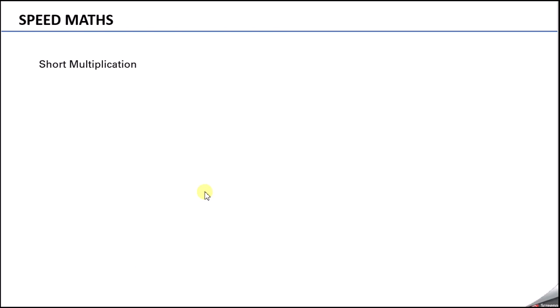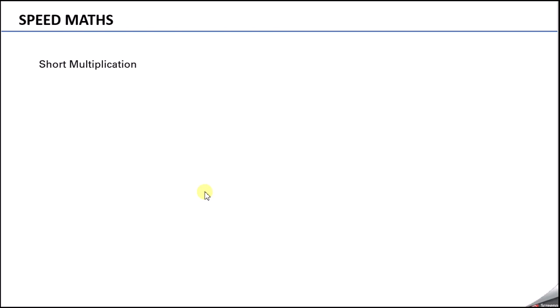Since our childhood in school and all those years we have been following long multiplication methods where we need to show steps and there were marks for each step and all those things. But now the requirement has changed. Now we don't need to show the steps, we just need to get the answer in the fastest possible way.